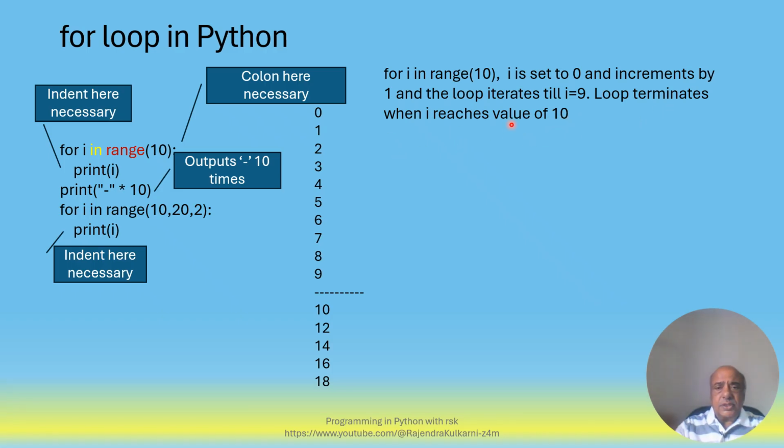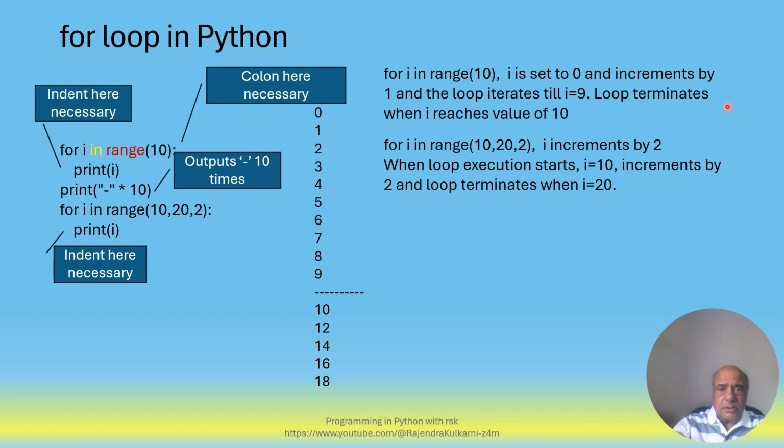The loop terminates when I reaches the value of 10. Similarly, for I in range 10, 22, I increments by 2 in every iteration of the loop. When loop execution starts, I is set to the value 10, incremented by 2, and the loop terminates when I is equal